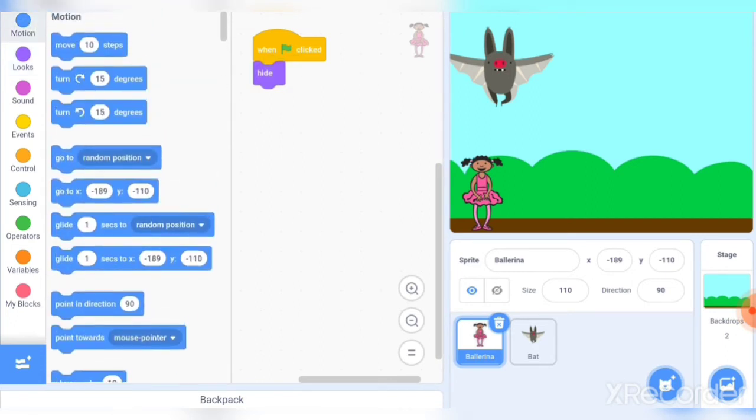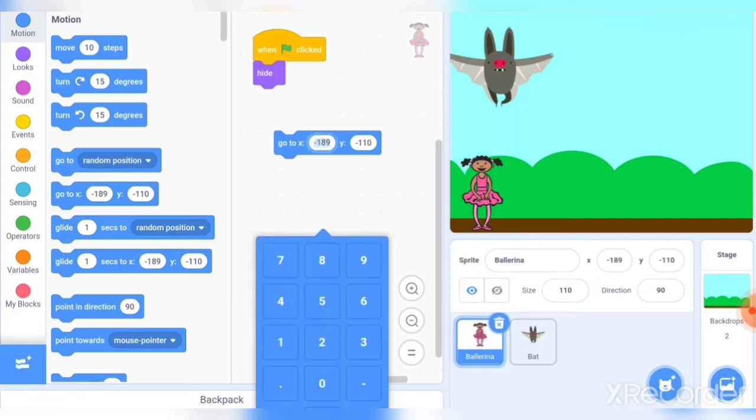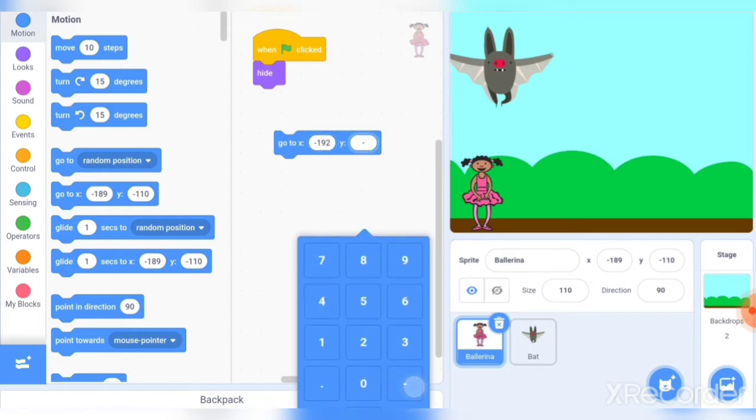From the motion block I will change its position: the x will be -192, and the y will be -95. So I have done that.